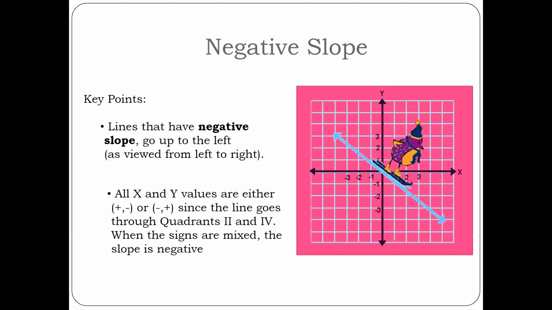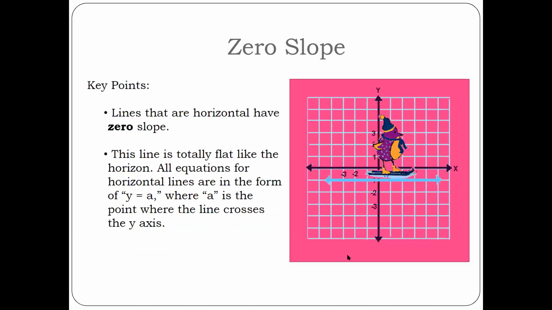If you think back to these other types of slope, if you pick a point on this line and go up and over, there's the rise, and the run is left to right. Well, when you have a perfectly flat horizontal line, there is 0 rise. This line is not going up or down at all. It's totally across this graph